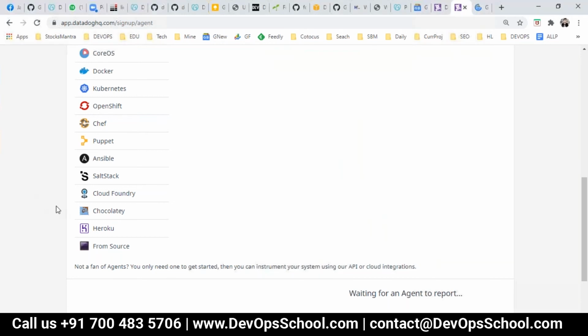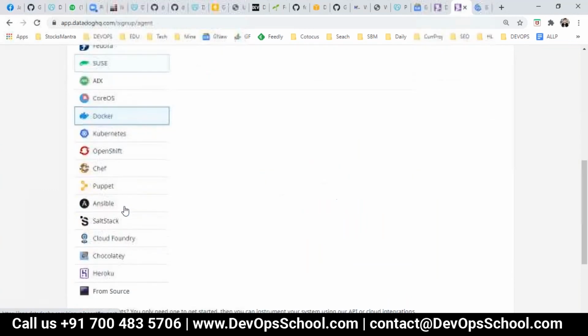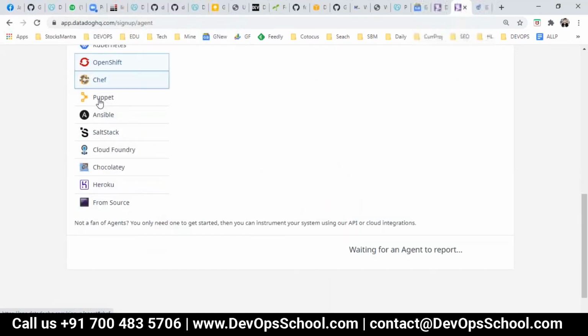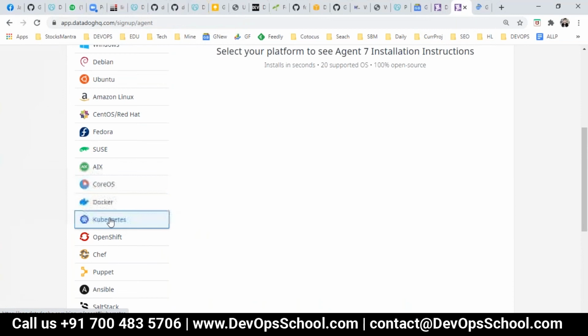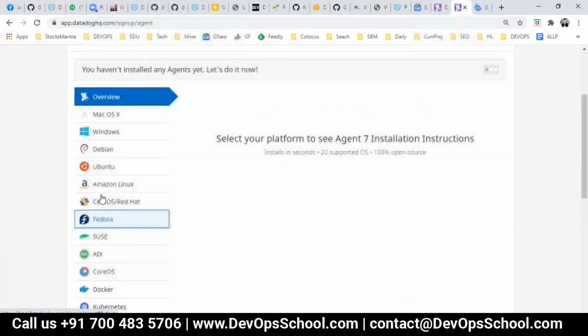So understand that. How do you want to install the agent? Do you want to install the agent through these tools, or in a Docker and Kubernetes environment, or in these operating system based VMs or physical machines? You can select, and it's self-service, nothing great. It's a very simple task which you can get done in 5 minutes also. But the important thing is you have to understand the agent first. What is the agent? How does it work? What are the components we have?